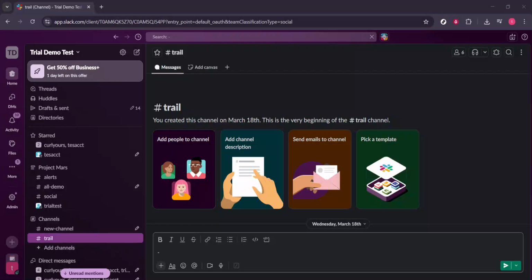In today's video, I'm going to teach you how to create a to-do checklist in Slack without a third-party app. We're using Slack's built-in Canvas feature, which lets you create living documents right inside any channel or direct message. This is perfect for tracking tasks where the conversations are already happening, and it keeps everything searchable and shared with